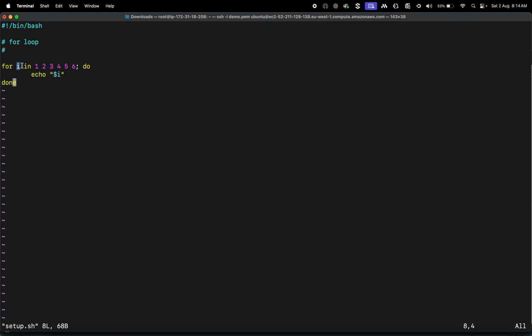You can give any letter here. What we are doing is applying a key to the leaf. Instead of I, you can keep J, X, Z, whatever it is, but commonly used is I. That's why I just gave it like that in every language. So here, for I in 1 2 3 4 5 6,